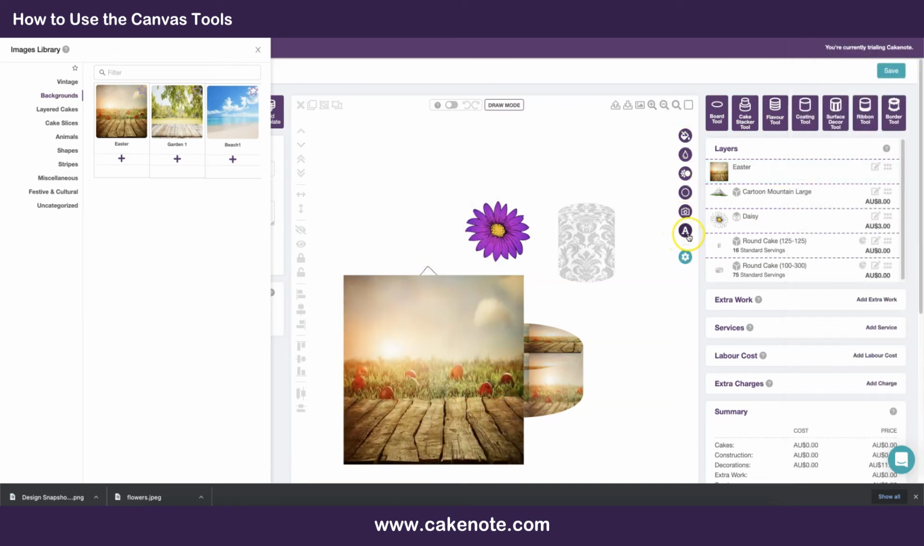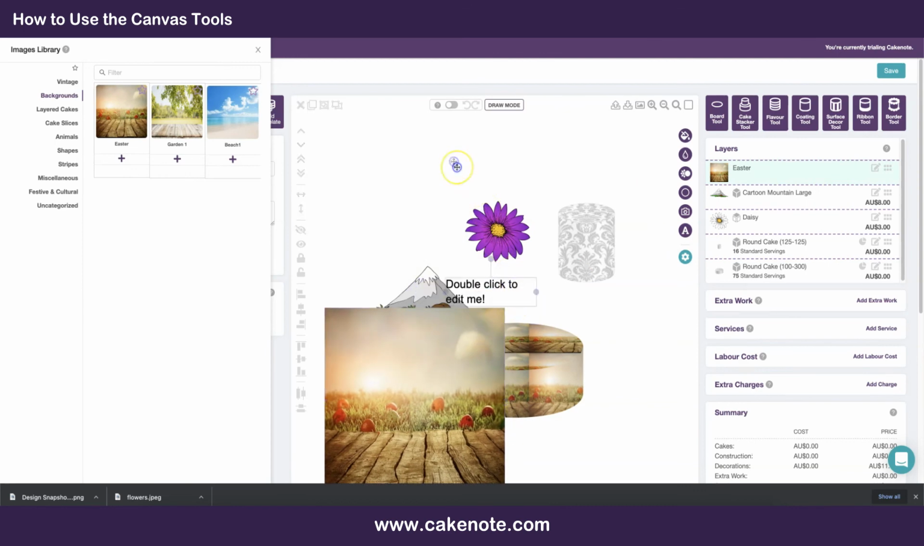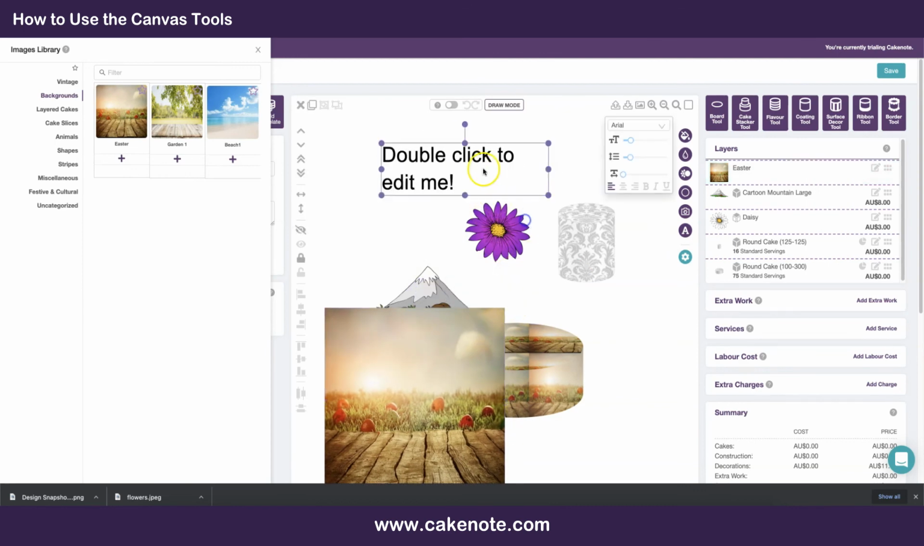This button here is to add text to the canvas. It basically just adds a text box to the canvas that you can write any text you want. To change it, it says double click to edit me, so I'll double click and write something else. And when you've got a text box selected, you will see another panel appear here, which allows you to change some options for that text box,